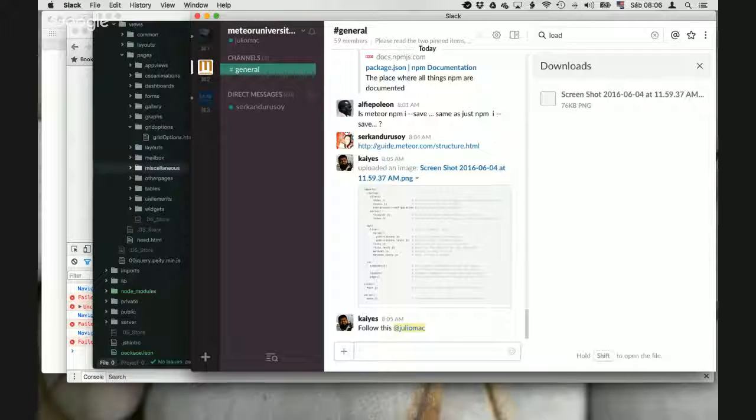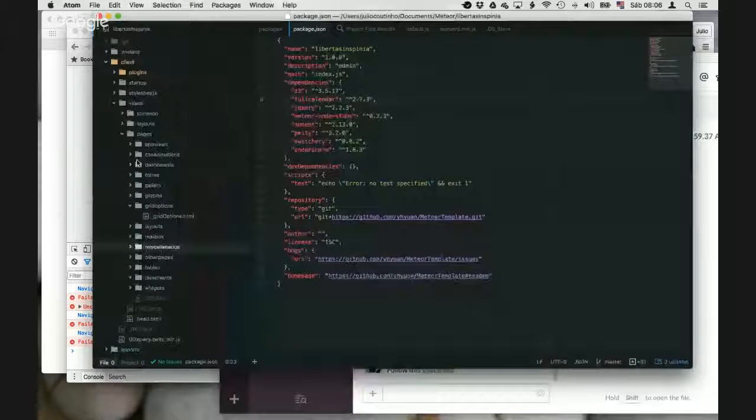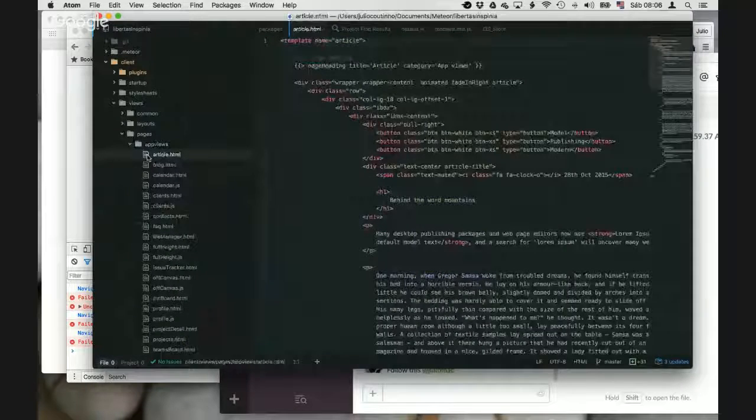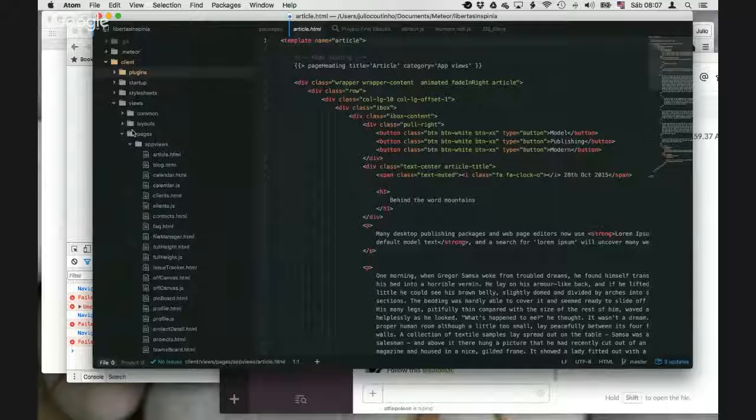And if those templates require some jQuery or other JavaScript files, make sure that you install individual pieces into your application, not just putting them in the plugins folder like that. No, it's not going to work either. Take them from npm, or if it's not on npm, search Atmosphere and take them from Atmosphere. If it's not even on Atmosphere, then what you should do is look at the JavaScript and CSS of those files, and then